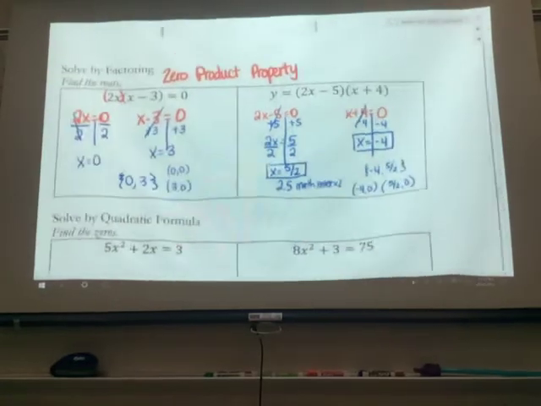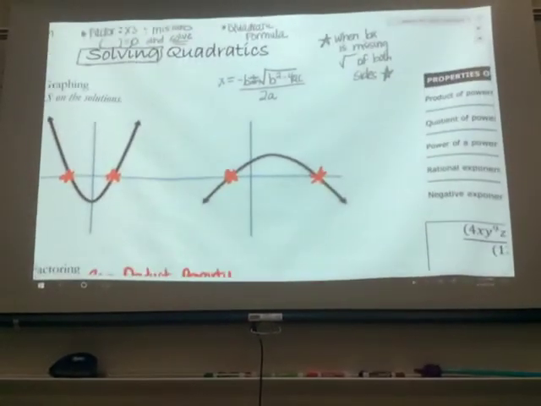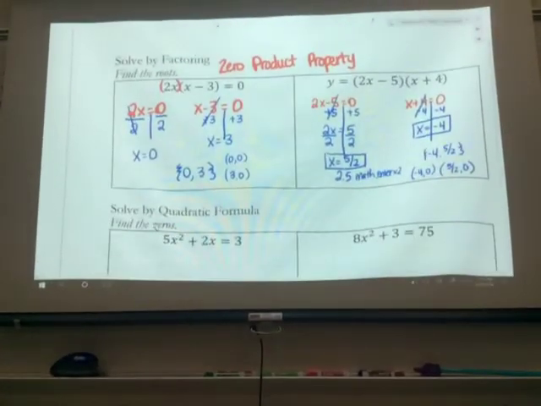Now again, we've talked about we can solve by graphing, factoring, quadratic formula, or special cases. Here they asked us to solve by factoring, but I will tell y'all, since my equation is already equal to 0,